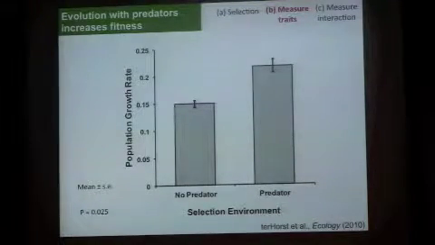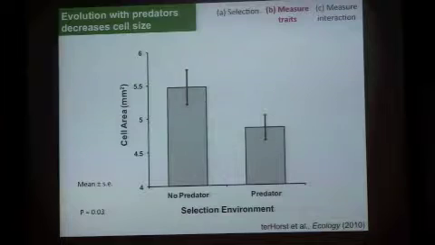If we also look at cell size, so this is a better trait to look at. Cells that evolved with a predator tend to have smaller cell sizes than those that evolved without a predator. And we think that's because, at least across species, predators prefer to eat bigger cells and they avoid smaller cells. And so that might also happen within a species as well. That maybe within a species, the bigger genotypes are getting eaten, the smaller genotypes are surviving better.